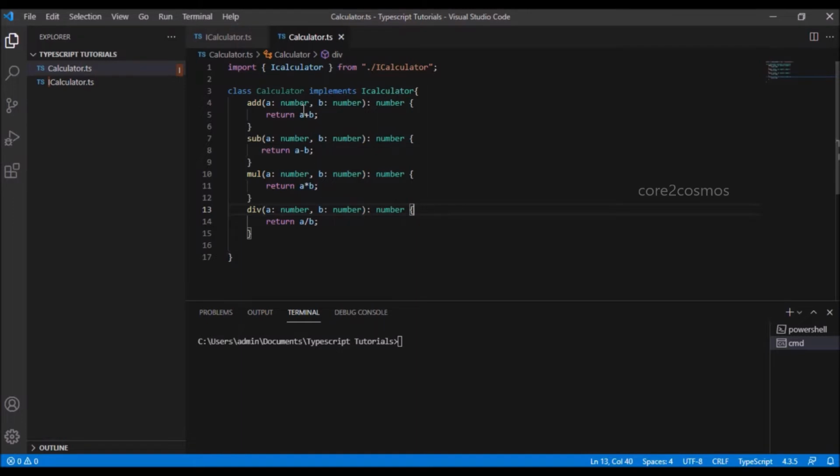I have given the definition for all the implemented methods.